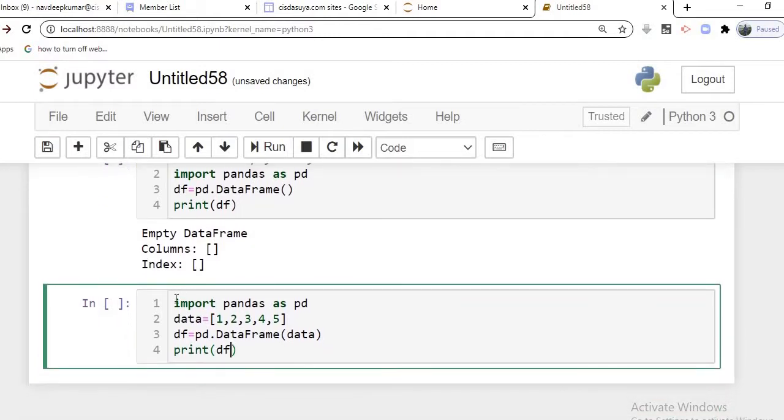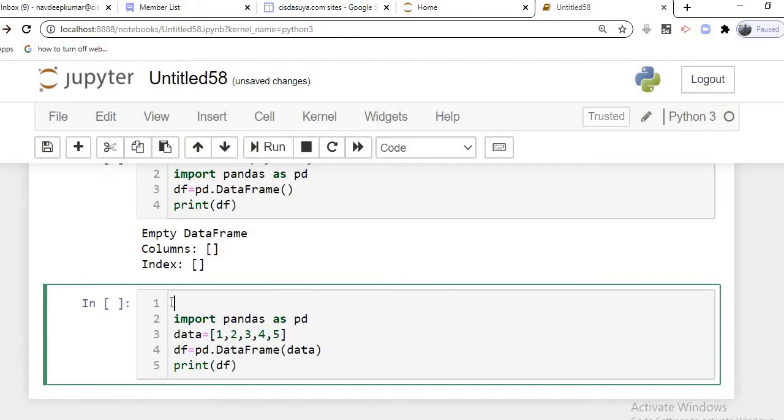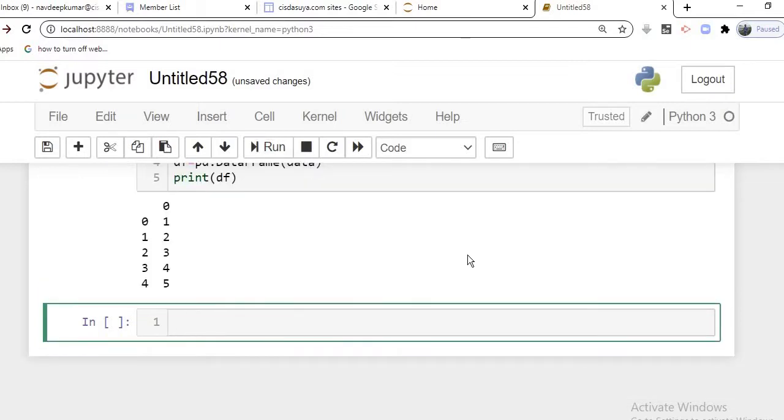Okay, so students, what step do we have? This is creating the data frame using a list. So try to run this one.